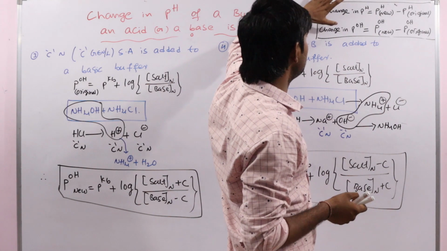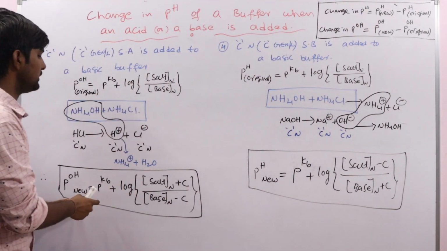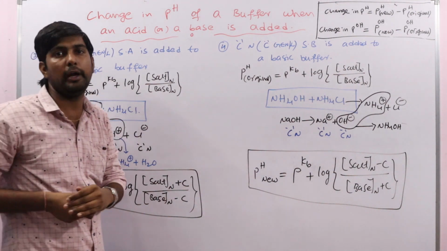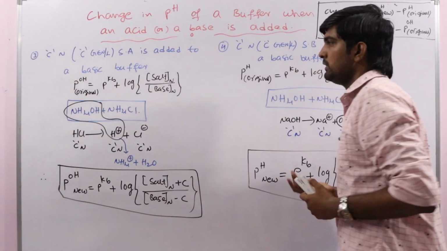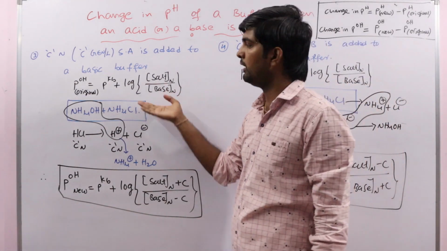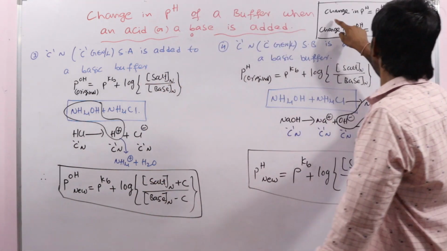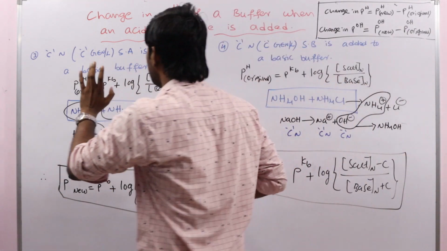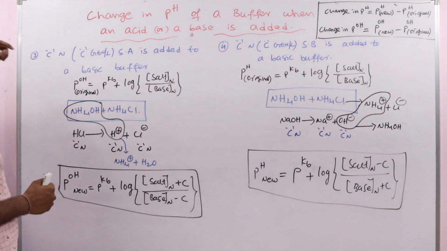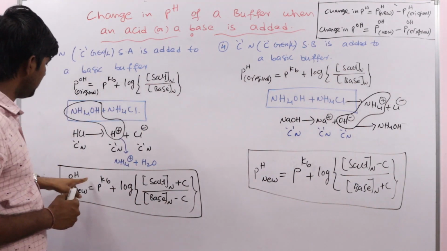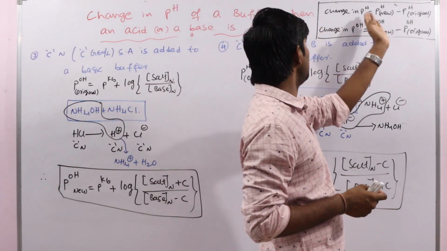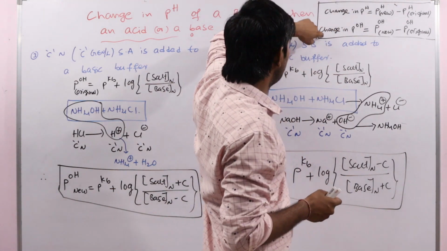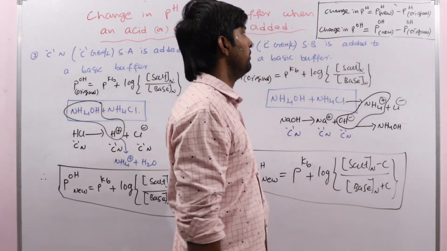So what is the change in pH? How can we calculate it? First, by utilizing this formula, we calculate the new pH. The original pH they will provide in the examination, or for advanced level exams, you should first find this one and then find this one, and then calculate the change in pH. But for Mains or NEET level, they will directly give the original pOH or pH, and we have to calculate the new one, and simply if you substitute here we get the change in pH: new pH minus original pH. Change in pOH: new pOH minus original pOH.